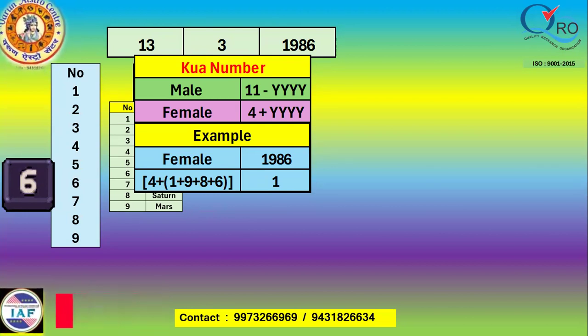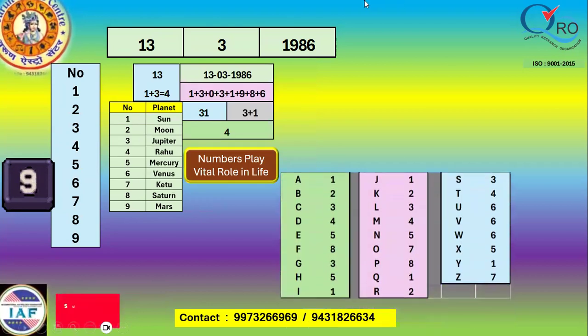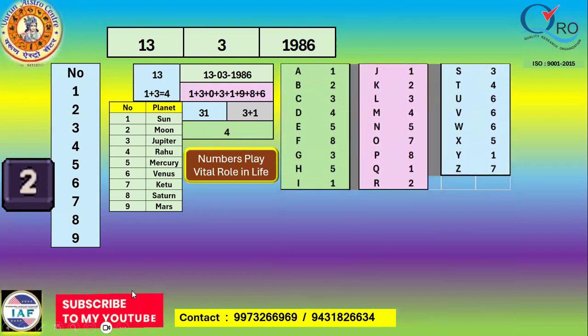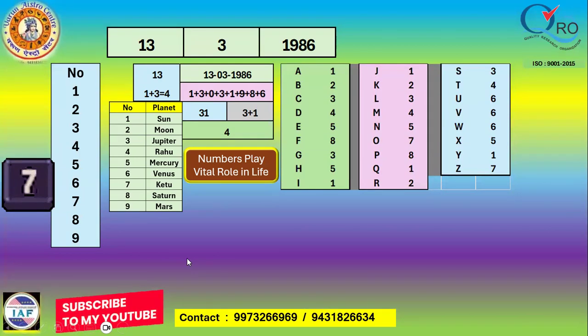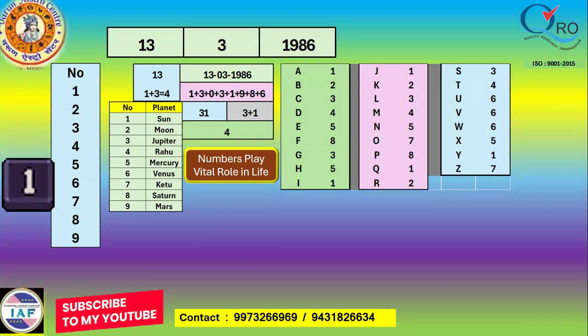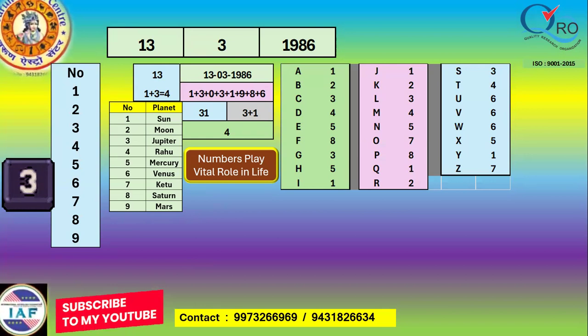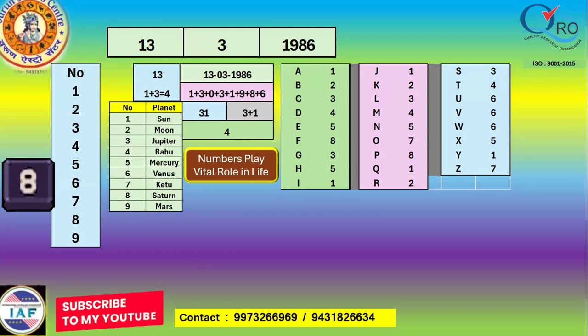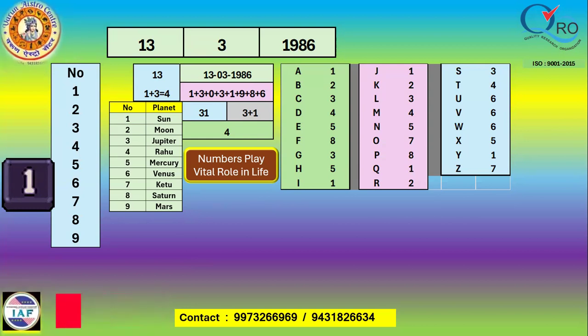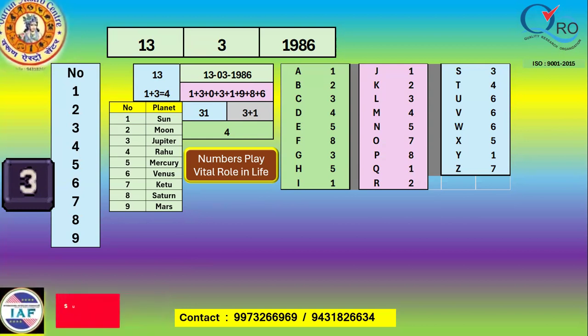In a similar fashion, date, month, and year are also added together, and we are getting 4 here. Prime number, driver 4, conductor 4. After getting the birth number from the birth date,